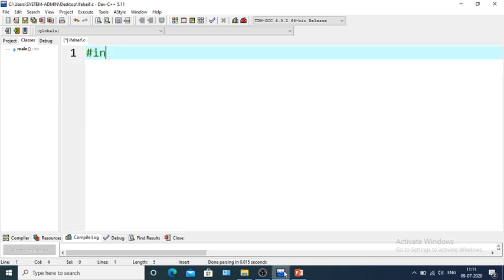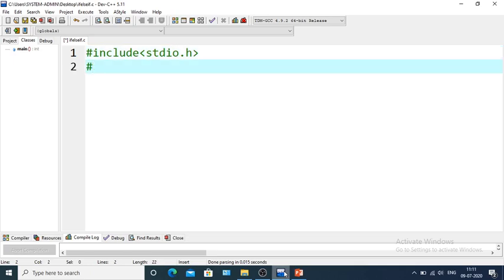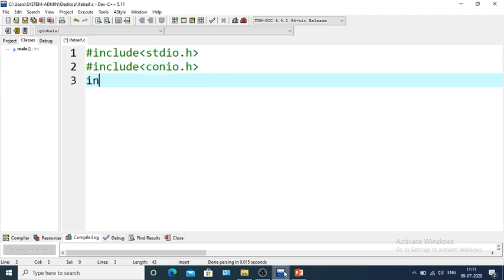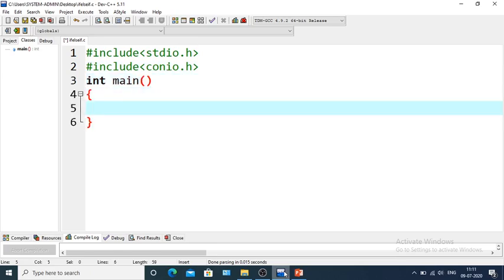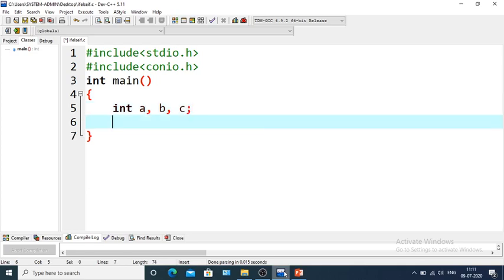So first we will take #include <stdio.h>. These are the header files. Okay. Next #include <conio.h>. int main is the main function. We have to take three variables, a, b and c. Okay.